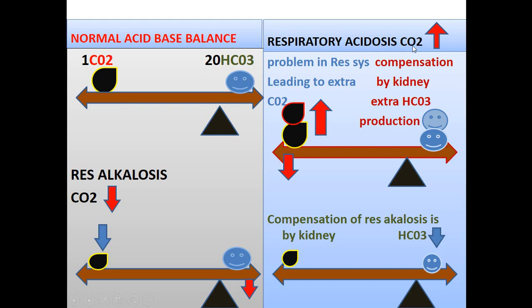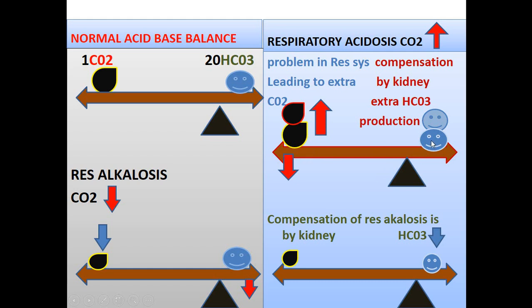For example, respiratory acidosis. In respiratory acidosis, suppose your lungs are not functioning due to pneumonia or due to choking in the throat, some foreign body entangled in your trachea. So carbon dioxide retention will be in the body, carbon dioxide will become more, and what will happen? Your carbon dioxide has now doubled. If you compare it with this diagram, with 1 unit, now carbon dioxide has become double. So this increase in carbon dioxide means this bar has to move down. Now how is the body going to compensate for it?